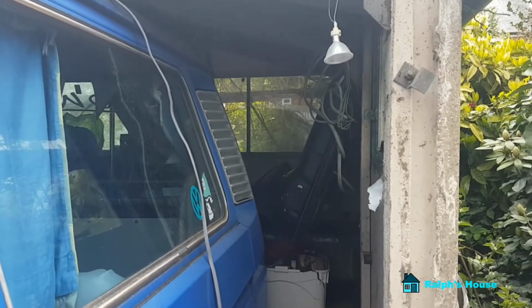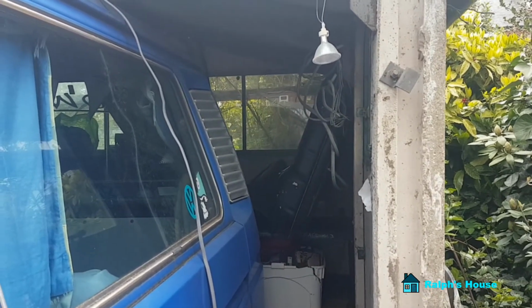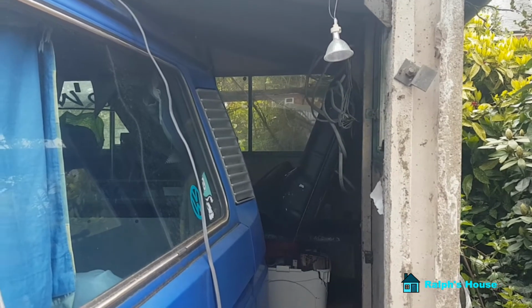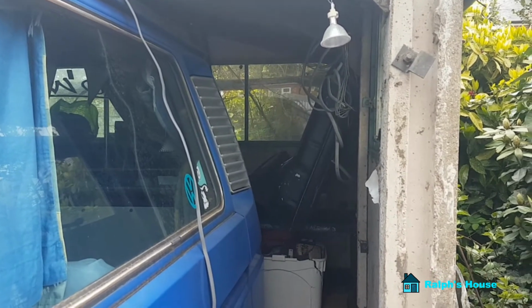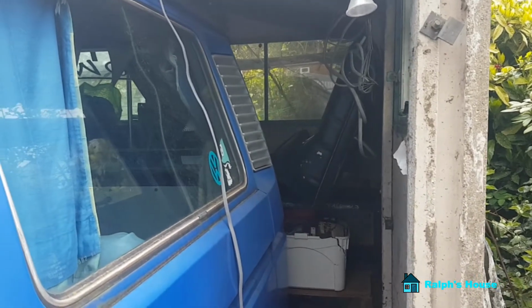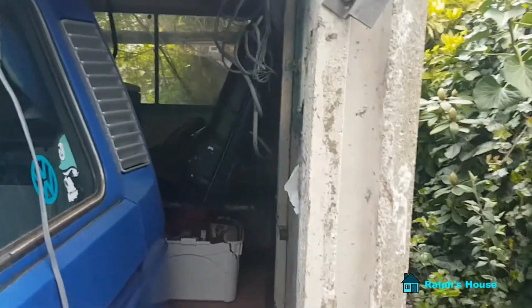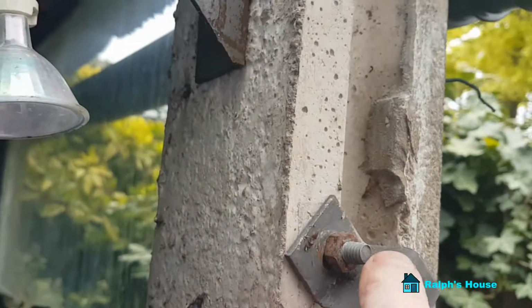because there's a wooden shed in the garden that my dad built many years ago, which is just gradually collapsing under its own weight, so that will have to go in the fullness of time, and therefore this storage area is going to be quite important. But the way to close this off, I've decided, is, you see, we've got these bolts that